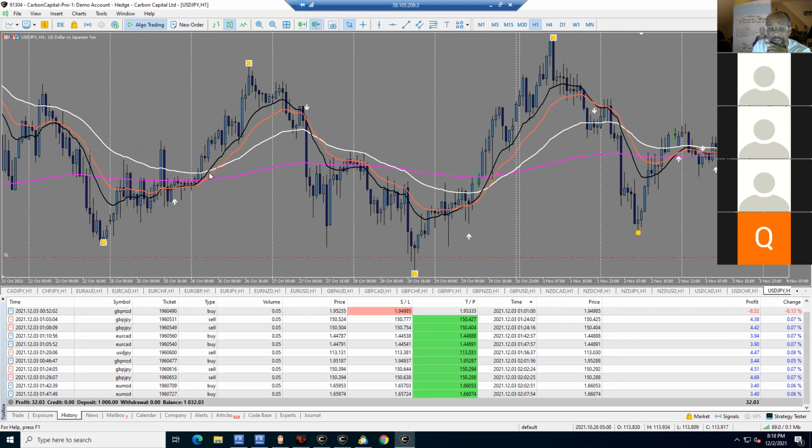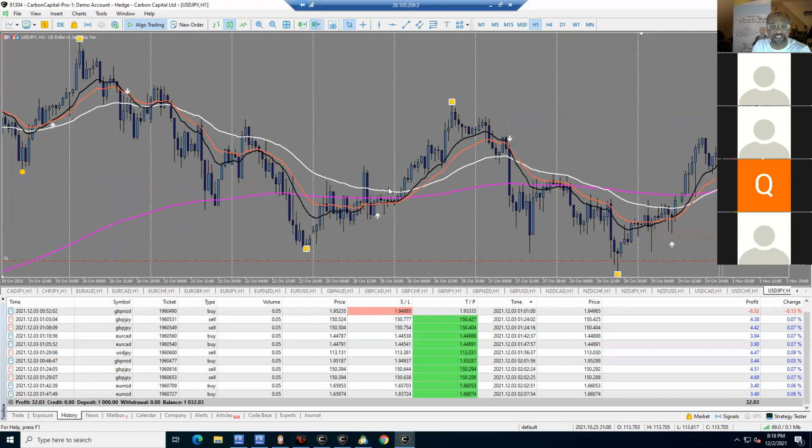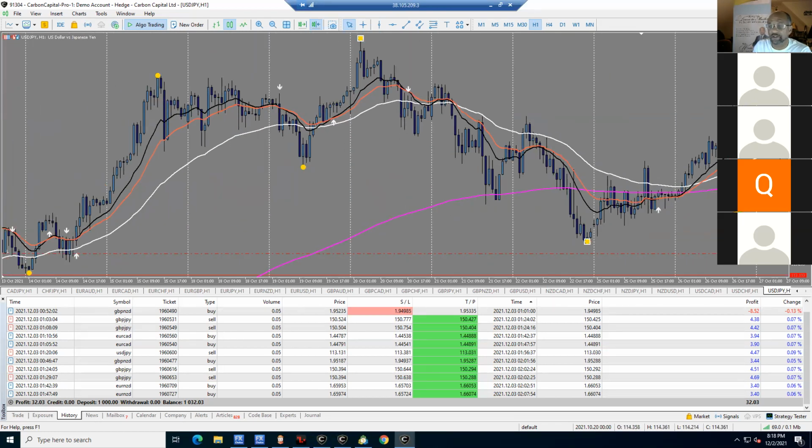It wouldn't have taken anything right here because we don't have a cross of the 1321. Now you could actually say, okay, I want it to cross when the 13 crosses the 50. Again, price must be above all moving averages, and you don't have to worry about that. You just tell it to cross when 13 crosses the 50, and the software does the rest. I just like the 250, 1321. So again, over here,